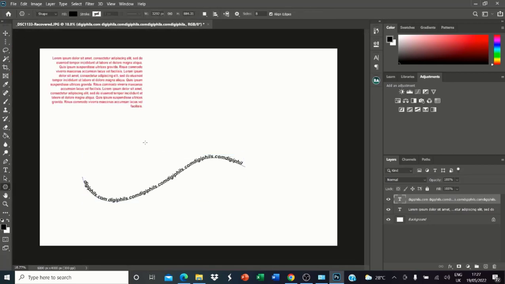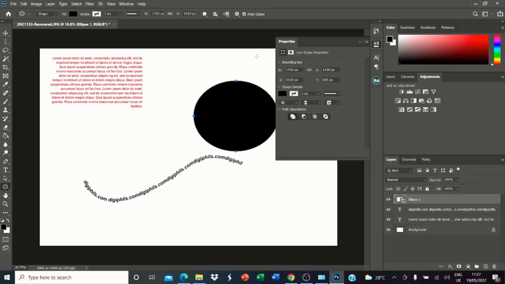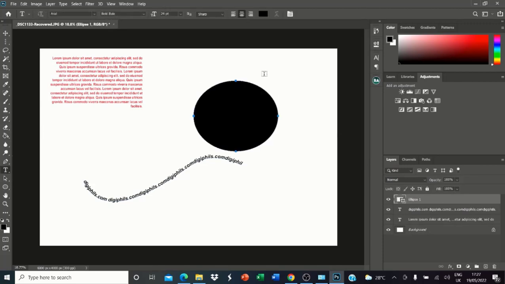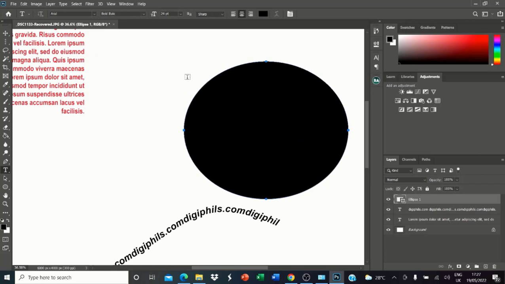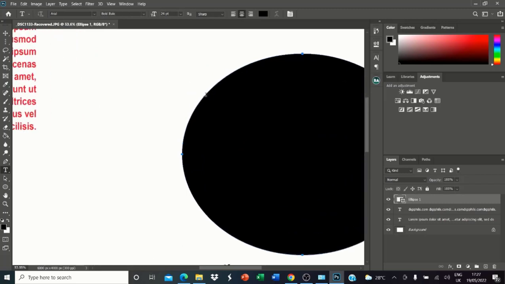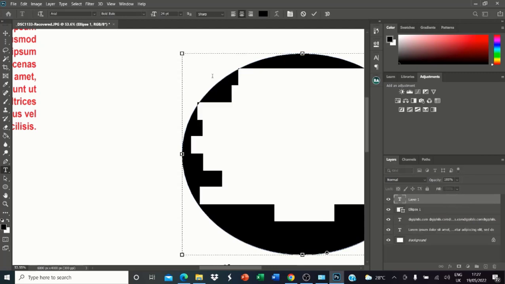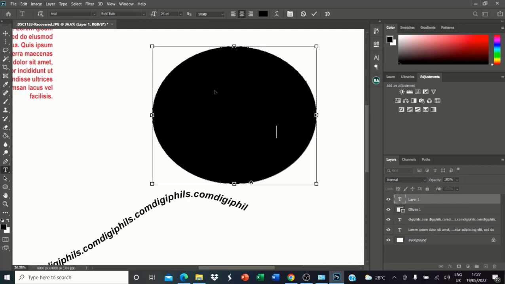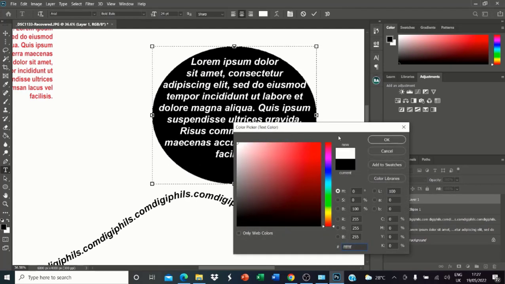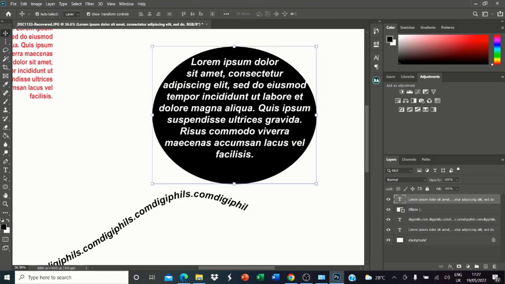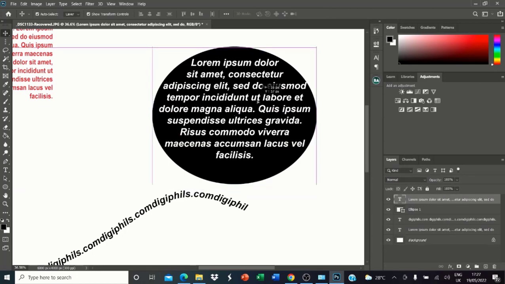Now let's say you have a shape like an ellipse. Let's use an ellipse, and you want to type inside the ellipse. Now here you see the shape of your text tool is different. When you bring it to this border, it changes. It means you can type around the border of the vector path. Now when you bring it to the center, it means you can type inside this. So when you click this, you can actually type inside. Okay, our font color is black, so we've changed it to white. Now you can see we'll be able to type inside,